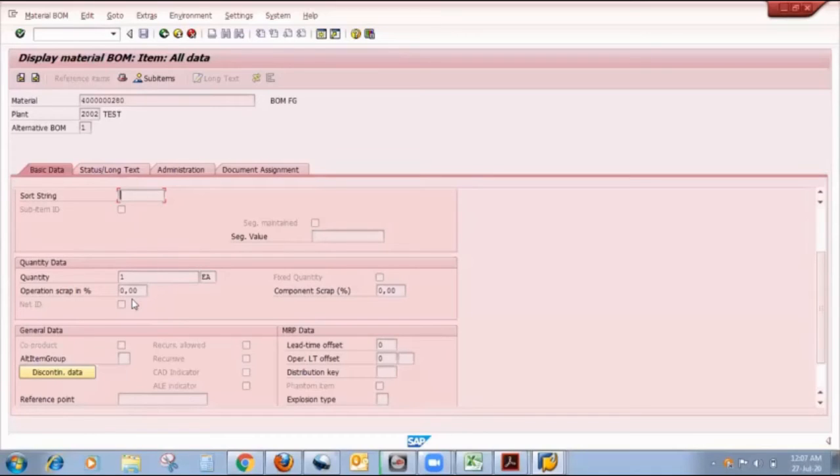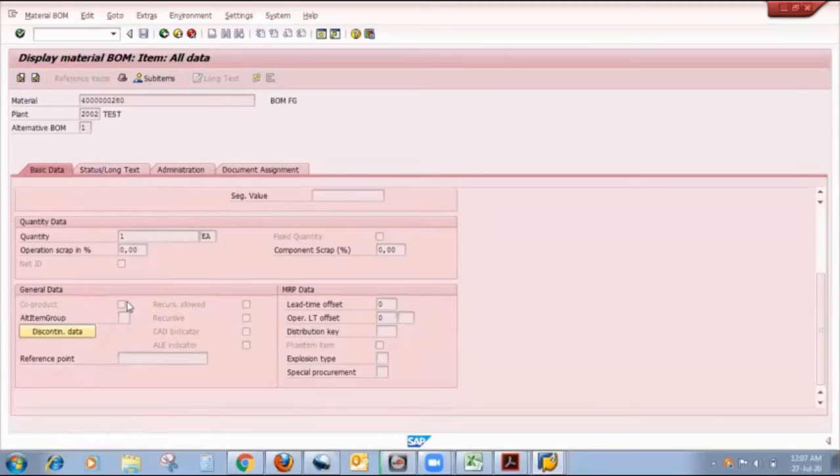This scrap terminology also takes more time, so at this time I'm not explaining it. Then again here is co-product, alternative group item, recursive BOM. What is recursive BOM? Special procurement, that is phantom assembly. So there are a lot of things we can define here for creating BOM.